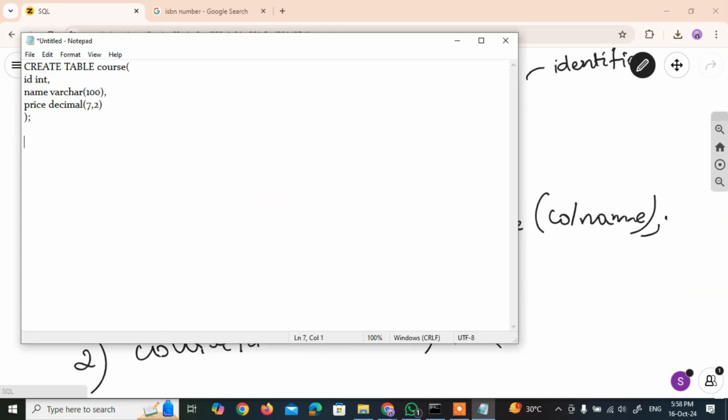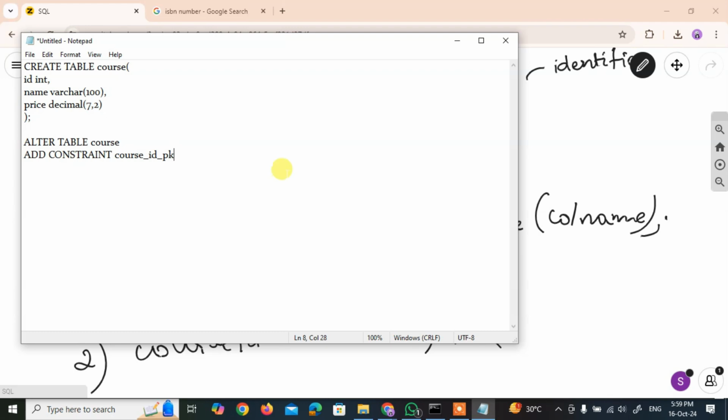So alter table course, add constraint, we'll give it a name. The constraint name can be given in such a fashion which considers the table name, the column name and the constraint that we are giving.